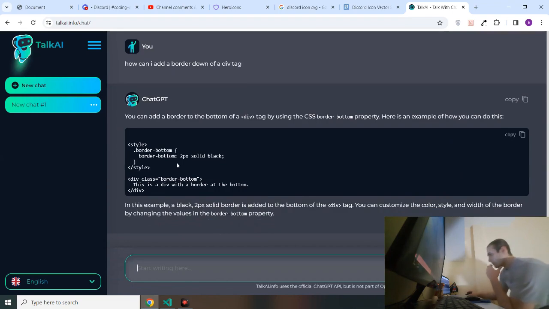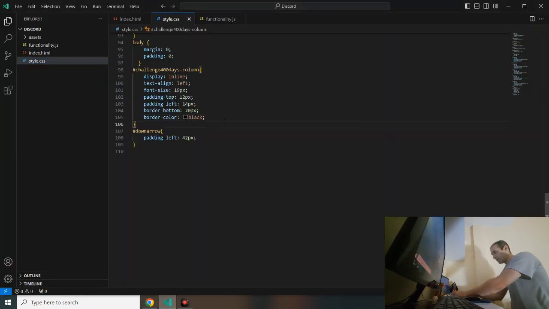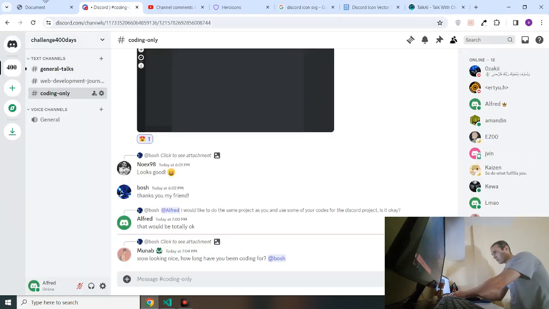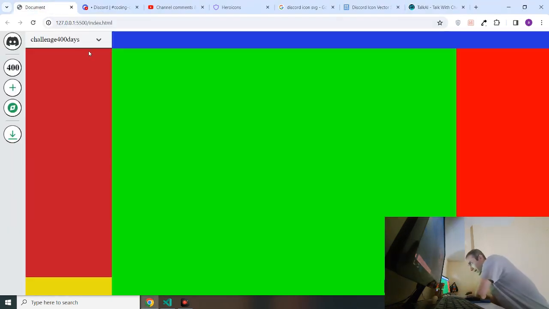So we have to give it a size, a solid line, and a color. Okay, let's just copy this, paste it here. Let's see the difference. Okay, now I can see a black border under this